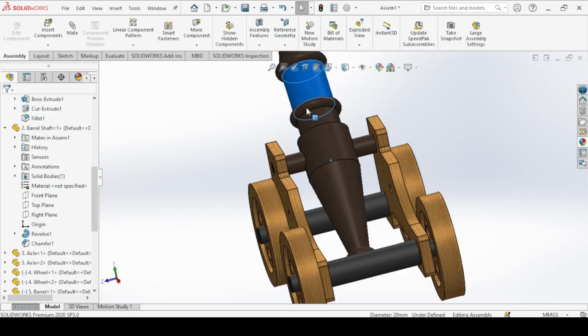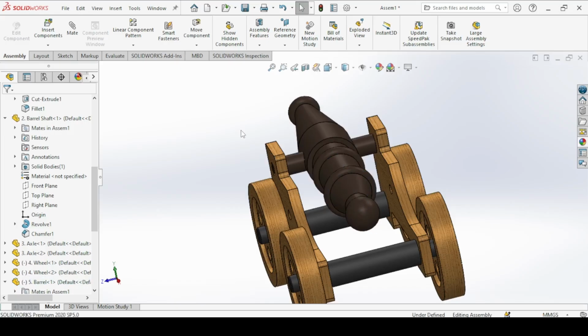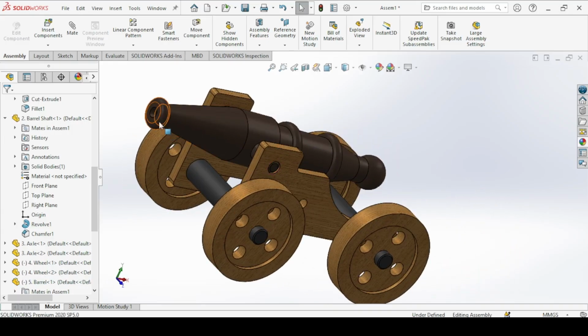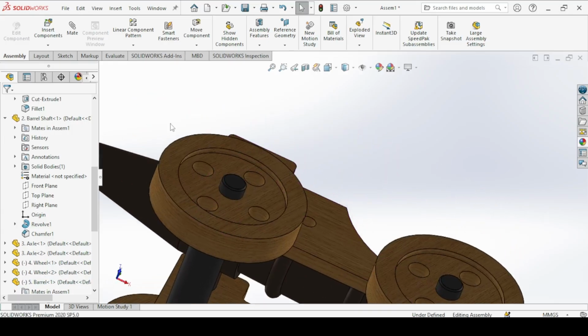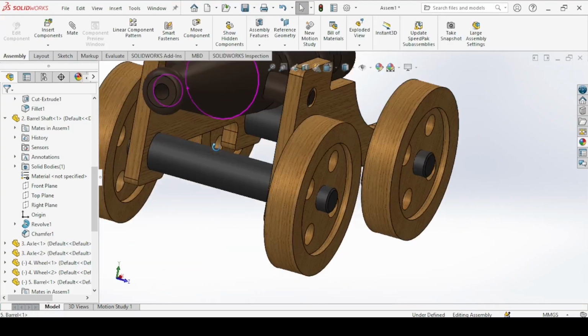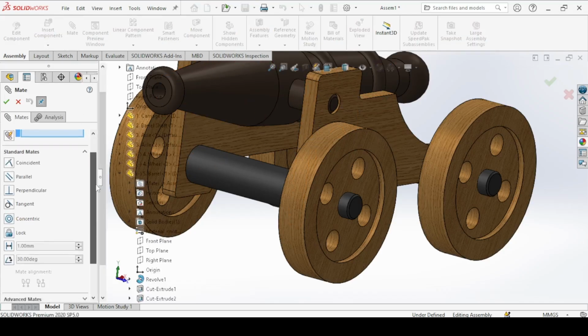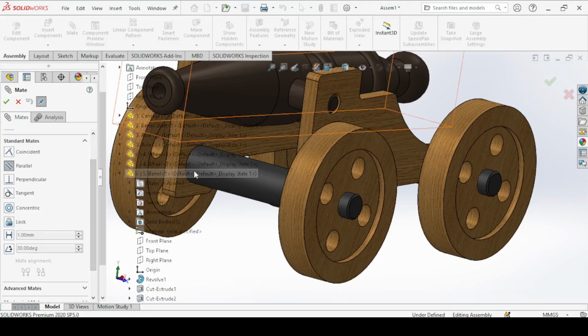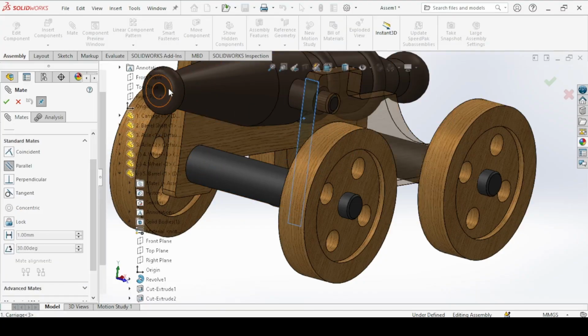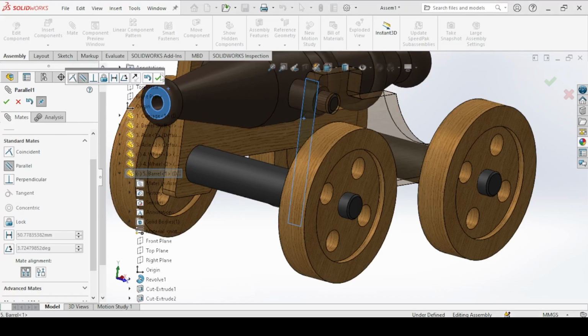So you can see it's in the middle. Now I want to make sure that this face of the barrel and this face of the carriage, they are parallel. So meet parallel, click on this face and this face, okay.